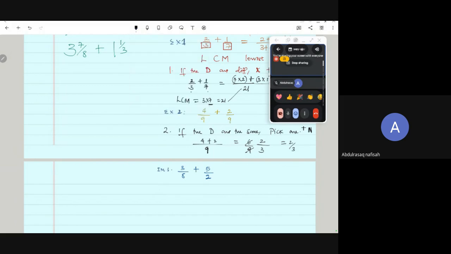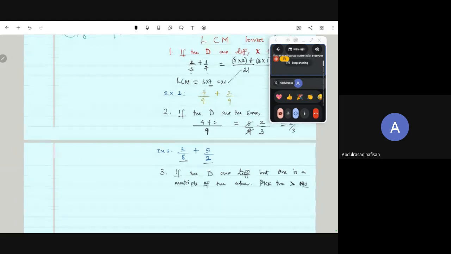Rule number 3. If the denominators are different, they are different, right? As you can see, it's different from 2. But one is a multiple of the other. Eight is different from 2. Yes, but 2 can go in 8. Because if you read the multiplication table, you can see that 2 falls in the multiples of 8. What do you now do? Pick the big guy. Put the greater number